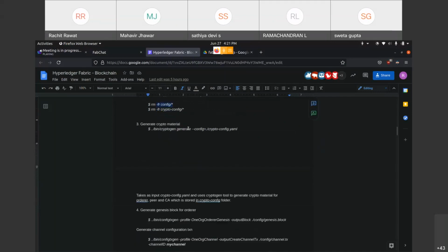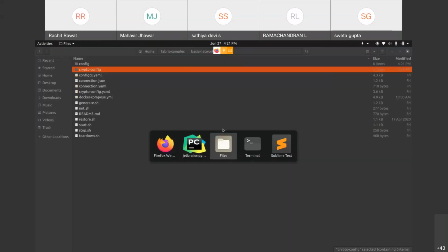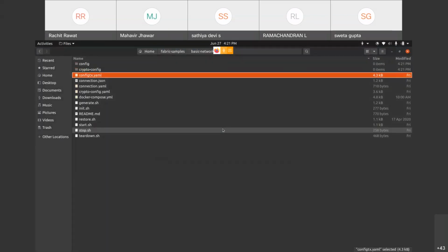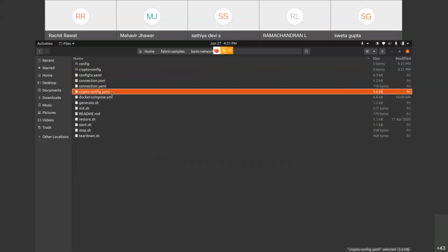Now we have to generate new cryptographic material, and of course this is the command for that. But before executing this, let me briefly tell you what it does. It will take as input a file known as cryptoconfig.yml. Where is this file located? Go back to basic network, and this is your cryptoconfig YML file.